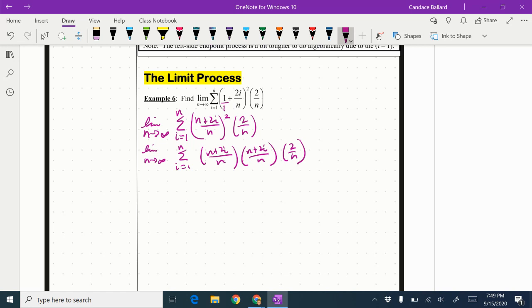So I know my definite denominator of this whole thing is definitely n cubed. So I'm just continuing to write all that out. So I know I've got an n cubed in the denominator. n times n would be n squared. n times 2i would be 2in, but I have 2 of those, so I'm going to have 4in. And then,